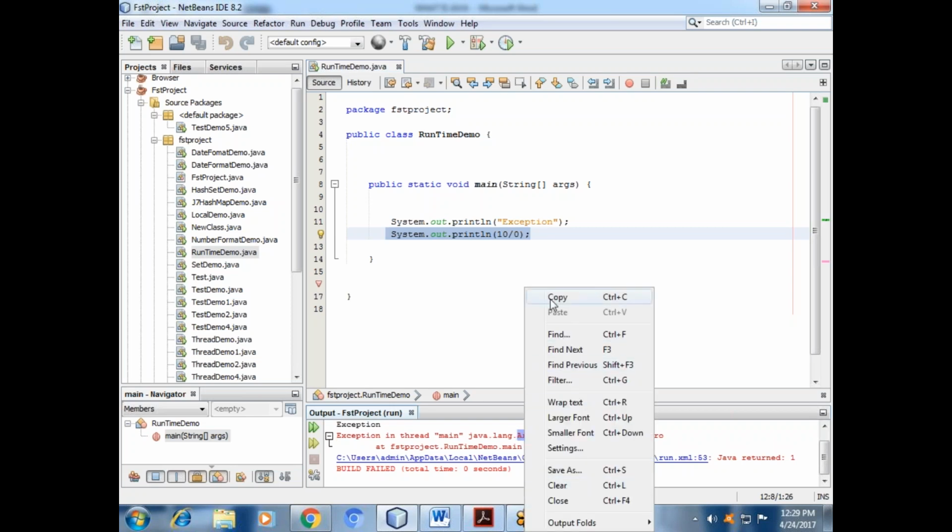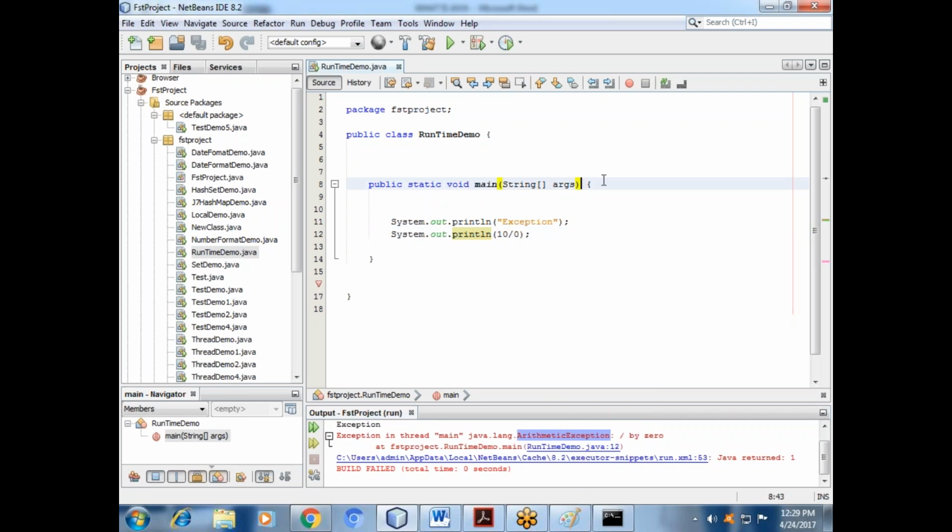See, why are they getting this? This is the predefined exception name inside Java.